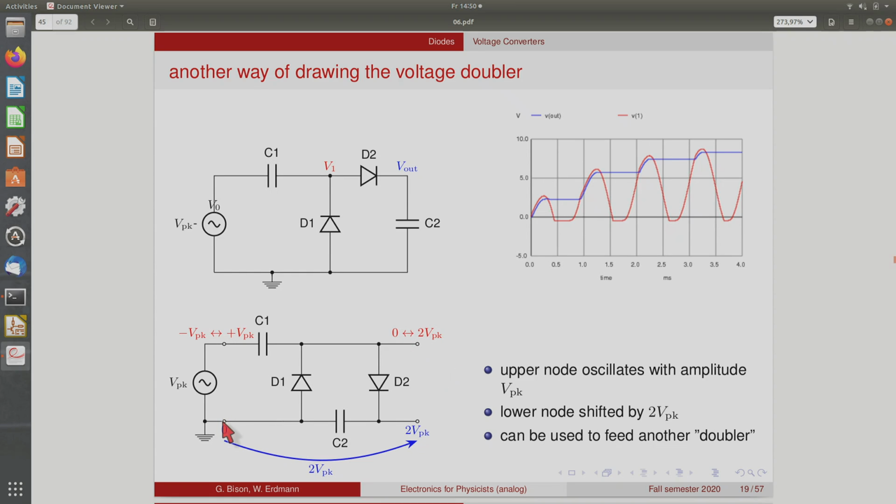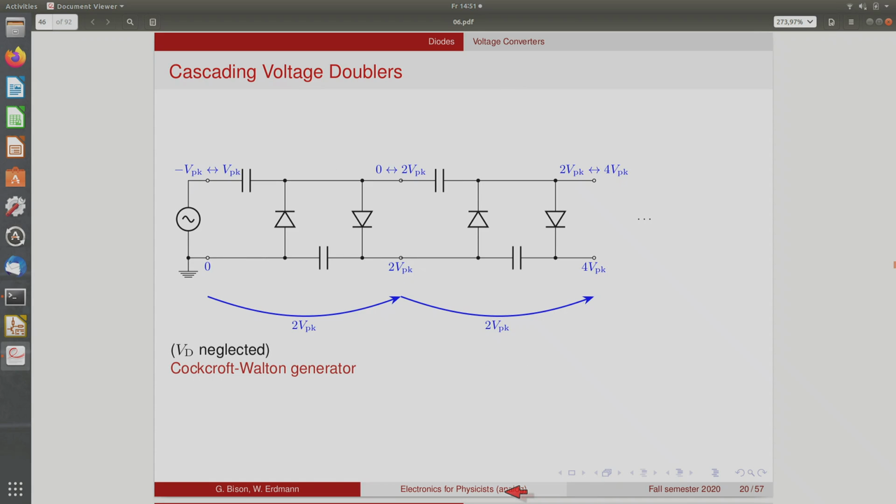we have from here to here twice the peak voltage, and here we have an oscillating node that goes up and down with twice the amplitude of the original AC voltage. And this can feed another voltage doubler, because at this point it doesn't need to be at zero. It can also be offset by something. And here we only need a voltage that goes between two voltages by an amplitude that is twice this peak voltage. So this whole thing can be used to feed another stage of the same type. Okay, this is done here,